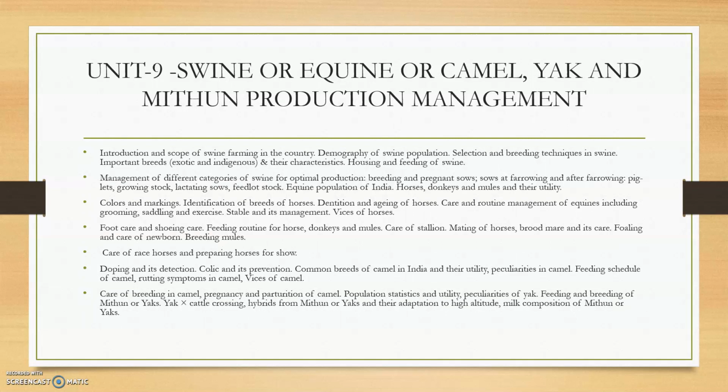So swine, equine, camel, yak and mithun production management, Unit 9. This is very important. You'll be studying the breeds of swine, the properties of breeds, properties of equine breeds, equine population, camel population, yak population, mithun population, race horses caring, how race horses should be prepared before races, colic detection,